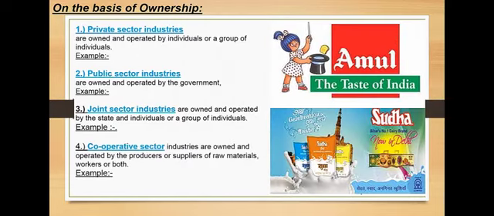And cooperative means it completely depends upon the workers who supply raw materials. For example, Amul: many people supply milk to Amul. Those who have cows in their home supply milk to the Amul company. So it is called a cooperative company. It completely depends upon the people who supply raw materials to the particular industry. These are the topics under ownership. Private sector completely belongs to an individual or group of individuals. Public sector is operated by government. Joint sector is operated both by government and by individuals. Cooperative sector belongs to the workers who